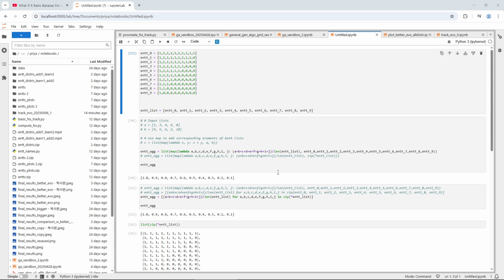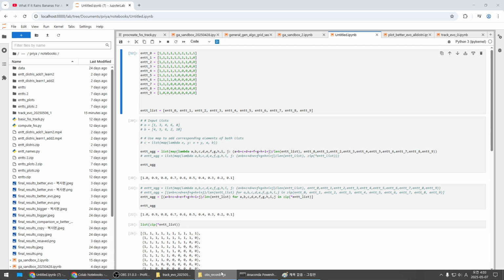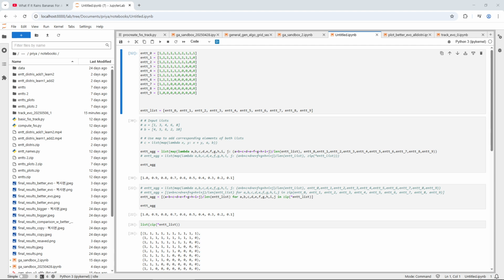In today's session I am only going to have a look at the entity distributions again, because I thought really hard about this, and I don't think I did a good job. I don't think I went about it as systematically as I would like to have, and that bothers me. So here we go. Since the last video,